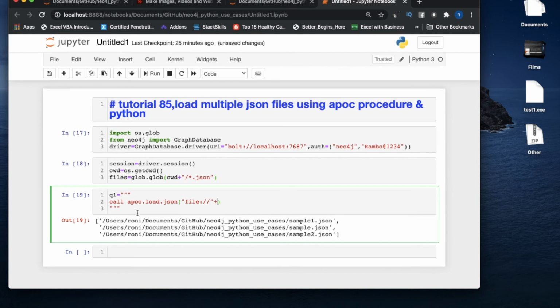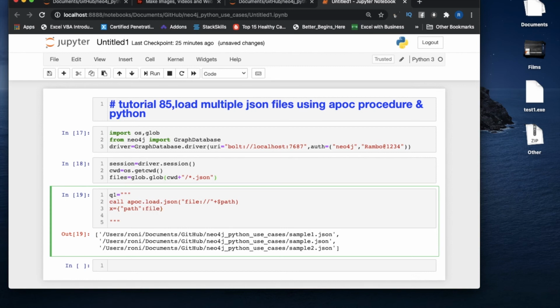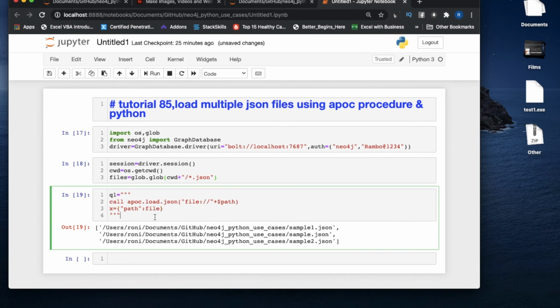One slash will be from here, and it should be a string so that it is appended, and I will use path. Right. Now I'll create x as a variable, so it should be like this. The path is going to be my file, one variable in file. And after that these are the things, right?